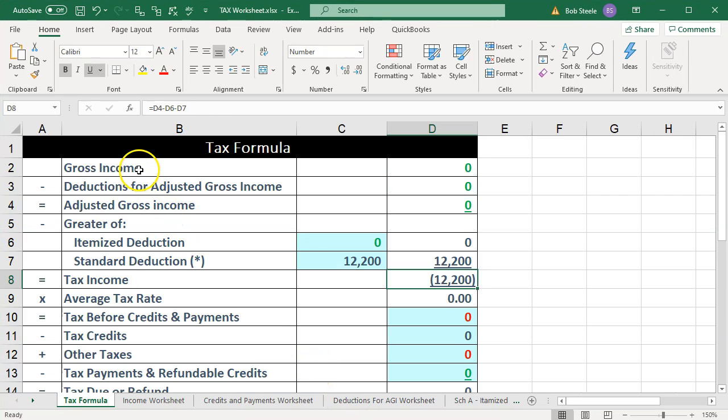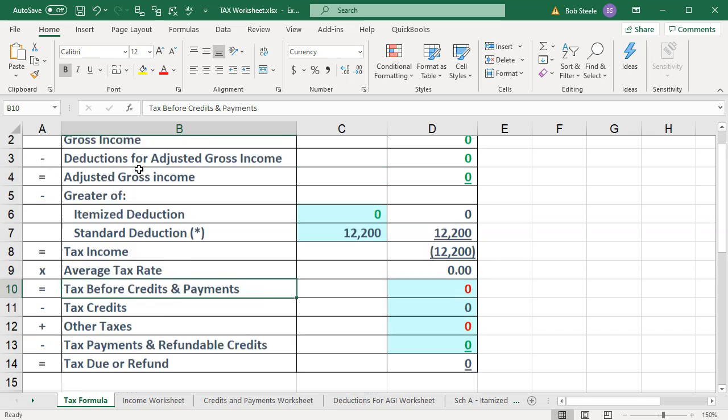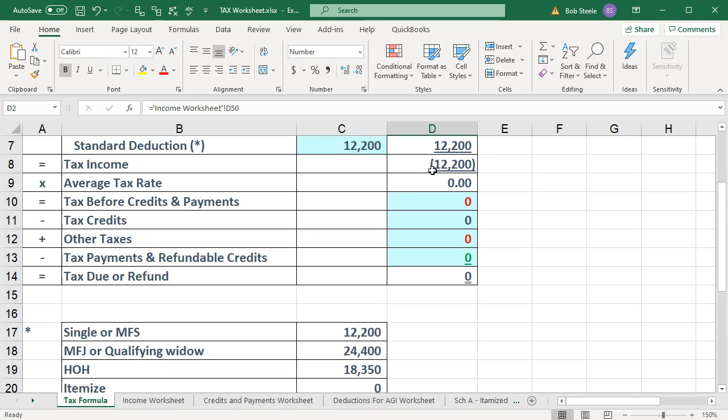So this is going to be our taxable income formula worksheet, or tax formula, and we have the gross income, the deductions, the AGI, the standard deduction or itemized deductions, calculation of the tax credits, and then payments, and then of course the refund or amount due. So we're going to put this information first starting with the W-2. That's going to be going into the gross income. Now we had two W-2s. So note we have gross income up top that will be affected, and the tax payments and refunds that will